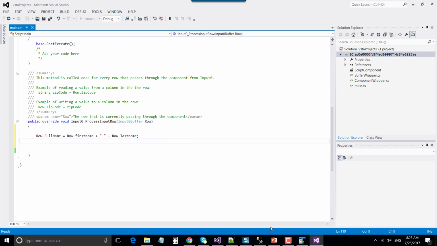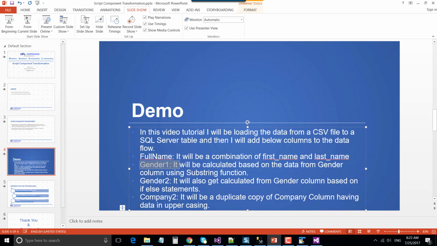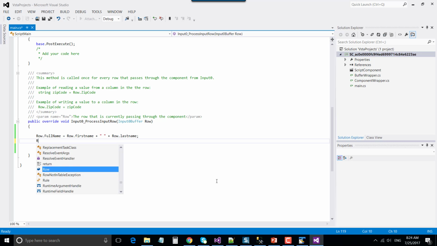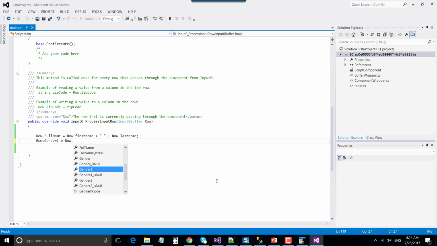Now we need to assign the value gender 1. It will be calculated based on the data from the gender column using the substring function. So now we are going to assign the value to the gender 1 column: row.gender1. Let's read the data from the gender, row.gender,